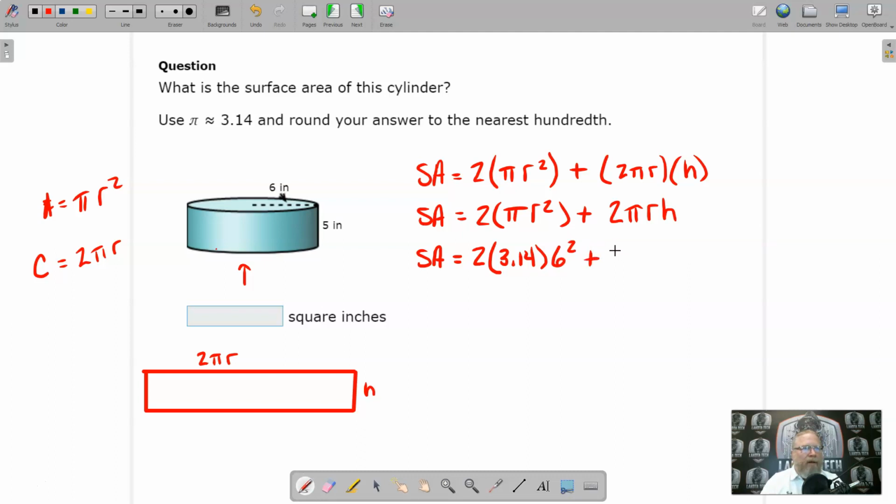Add that to 2 times 3.14. Multiply that times our radius, which is 6. And multiply that times the height, which is 5. Getting that 5 from right here. So with that said, we're going to have surface area is equal to, let's do 6 squared is 36. Multiply that times 2. And then multiply all that times 3.14. Times the answer. There we go. Is going to give me